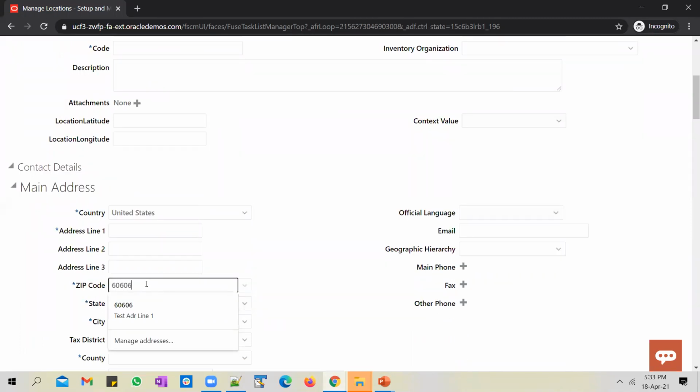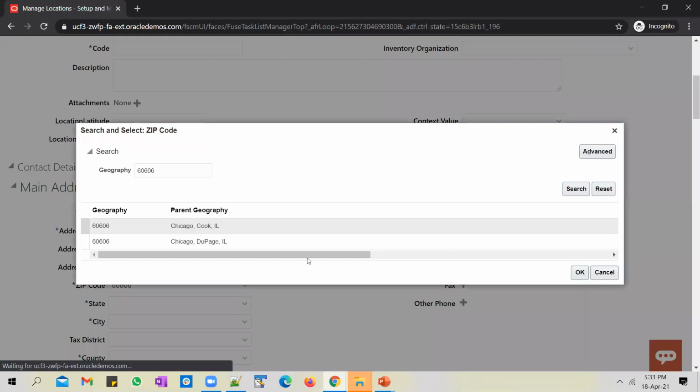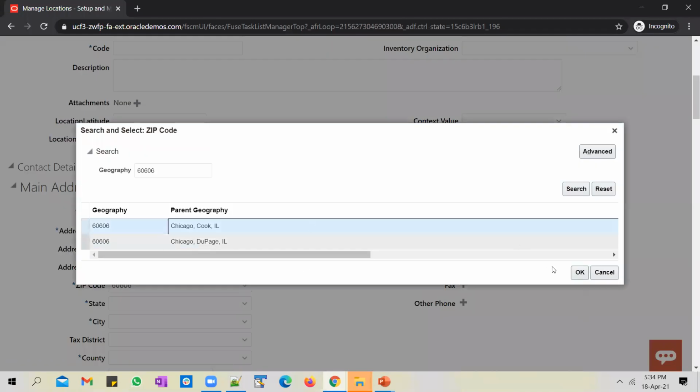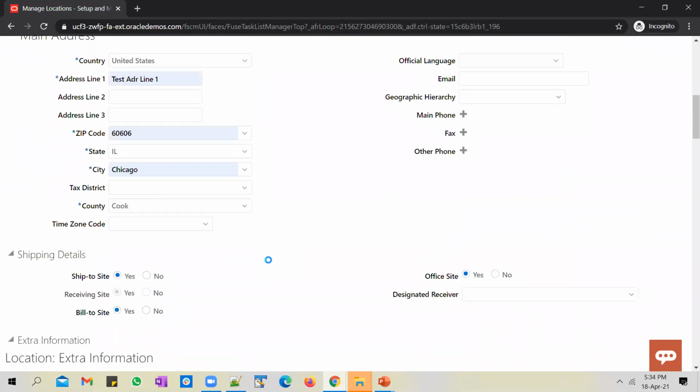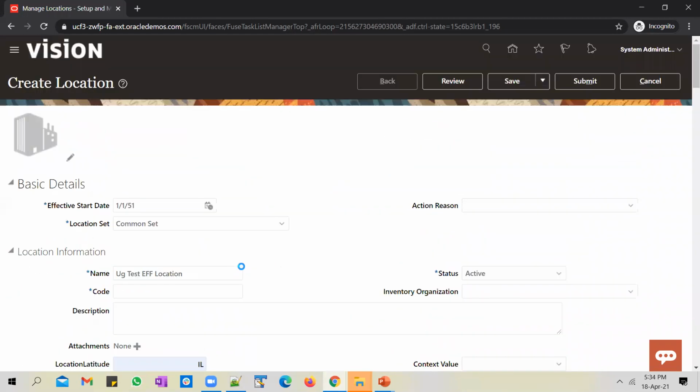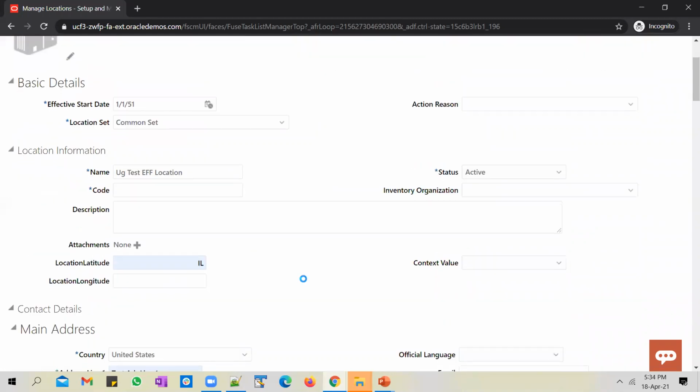And if you scroll down, you have to enter the details, without which you won't be able to see how it works. So enter all the mandatory columns first, and then scroll down to see the EFF information. If you scroll down further, you also have a DFF option on the location screen.